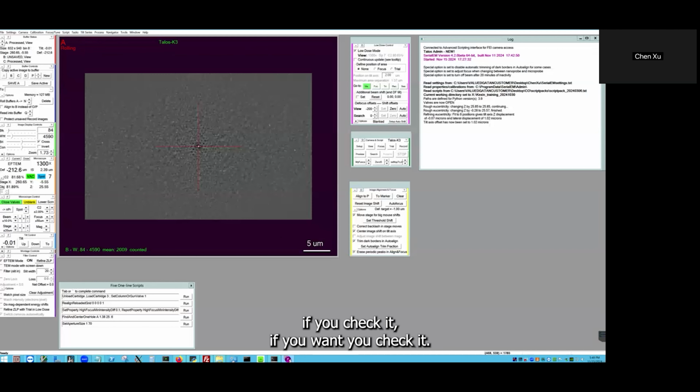Now, in low dose, when we do the low dose medium montage, we're using the low dose mode and the Realign to Item function to go to each of the positions. In this kind of grid, we also need to check to erase the periodic peak in low dose. So this will turn on that action when you do the Realign to Item in low dose. Okay, so